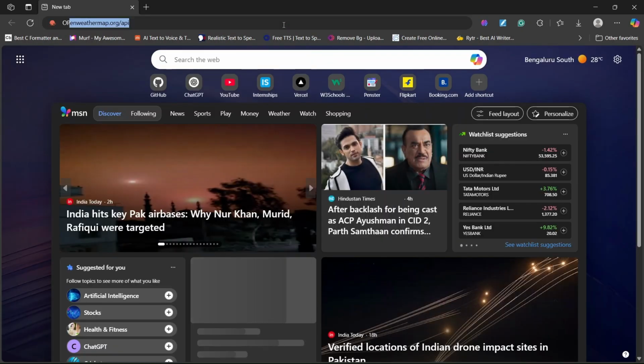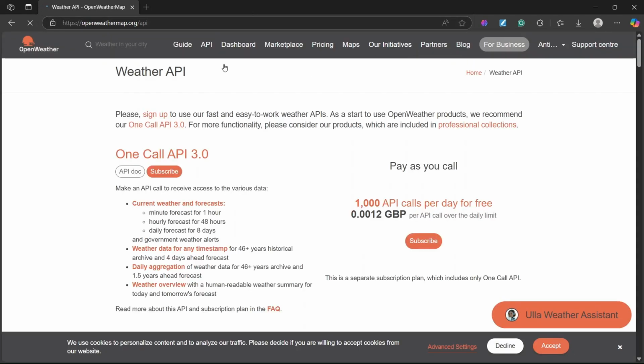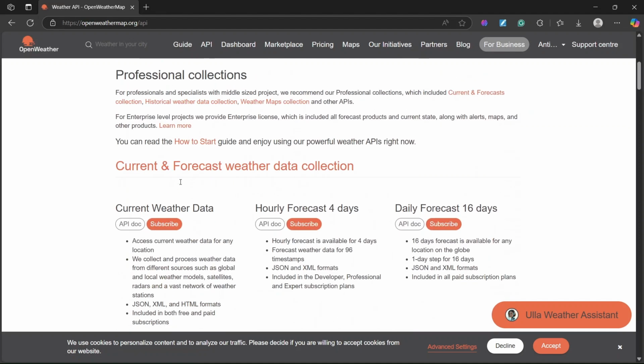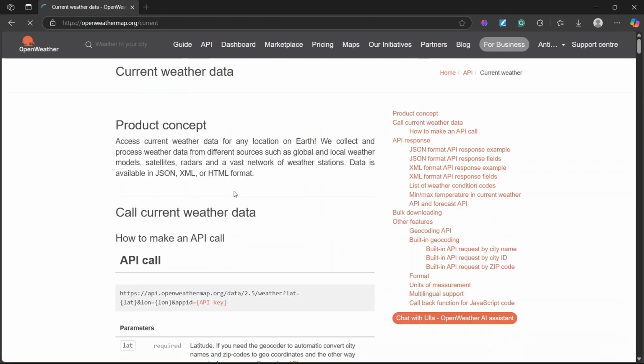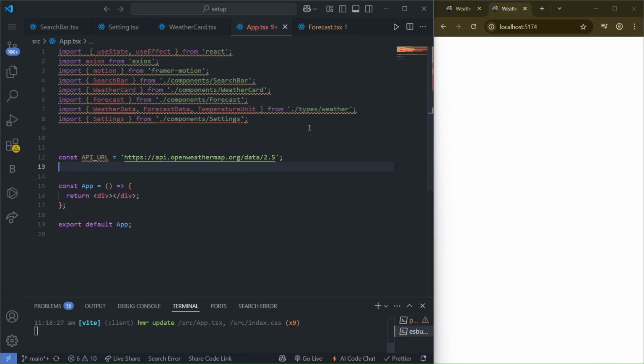So I will show you openweathermap.org. Go to this website and the current data API docs. So for the current data, after 2.5 we have weather, but when we fetch forecast data it will be forecast instead of weather. For that API call, we have defined up to 2.5. So this is the common URL,